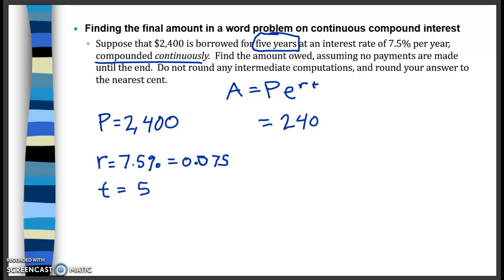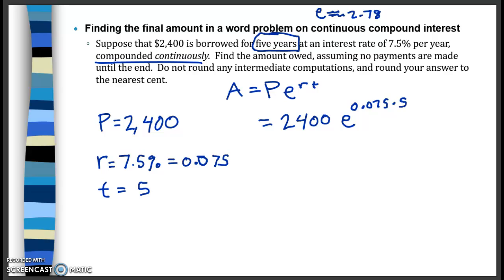P is 2,400 times e. Now e, what is e again? e is approximately 2.78. But you want to use the e on your calculator. You don't want to do 2.78. That means that's the do not round any intermediate computations. It's one of them. And then we're going to raise it to the